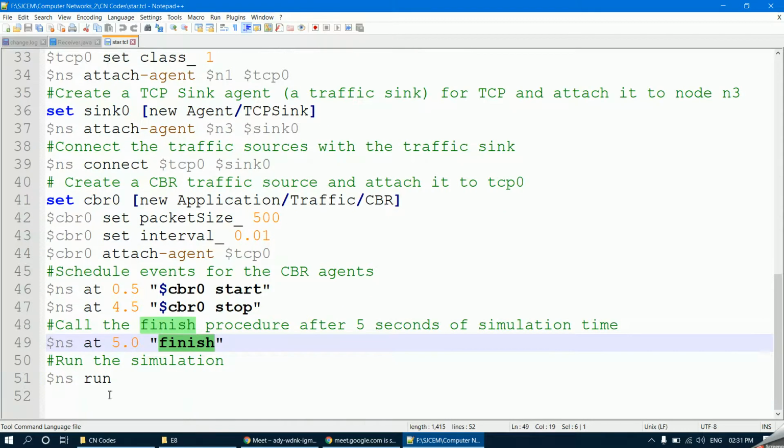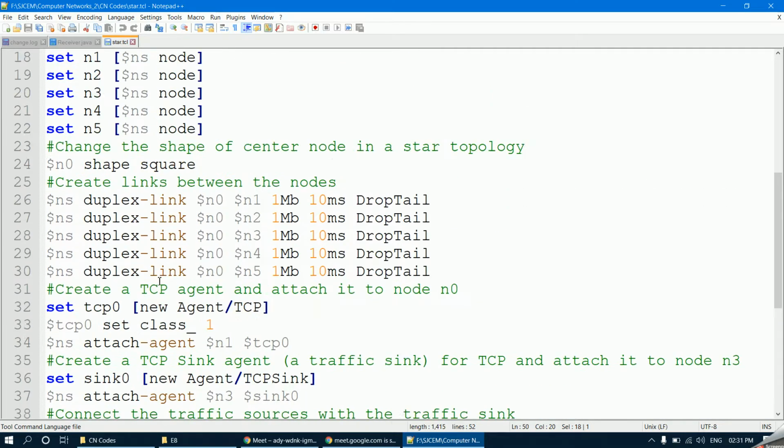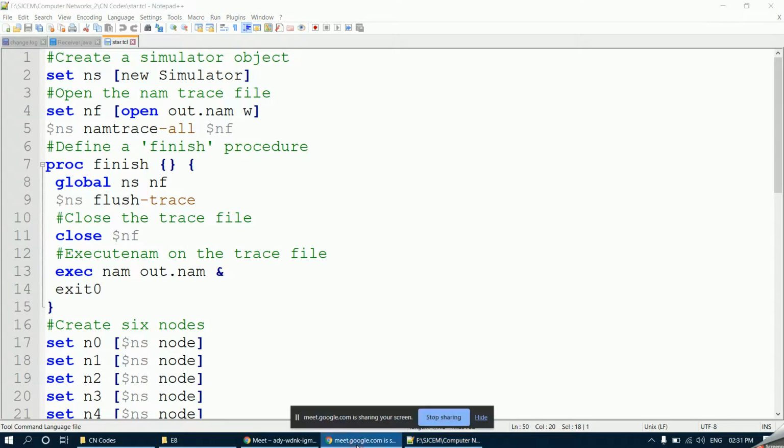And ultimately, you are going to run the simulation for all the instructions that you have furnished on top. So the command is basically $ns run. Okay, so this is the command written in TCL to represent a network topology in NS2.